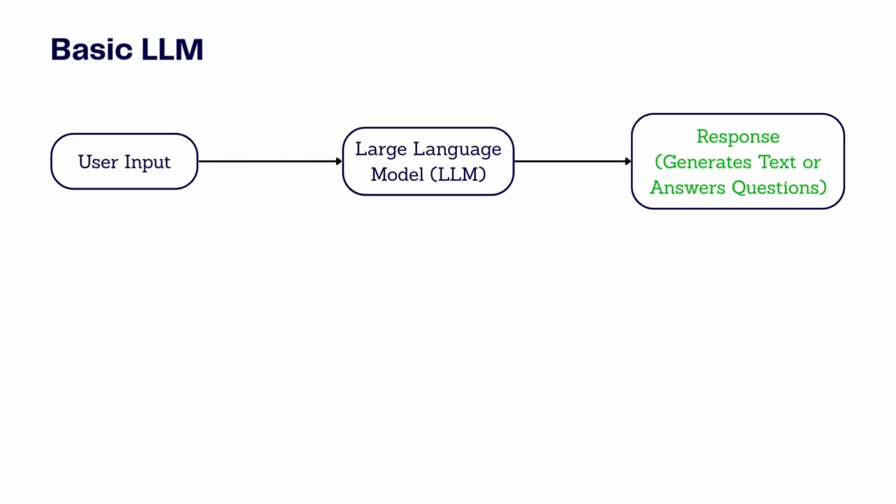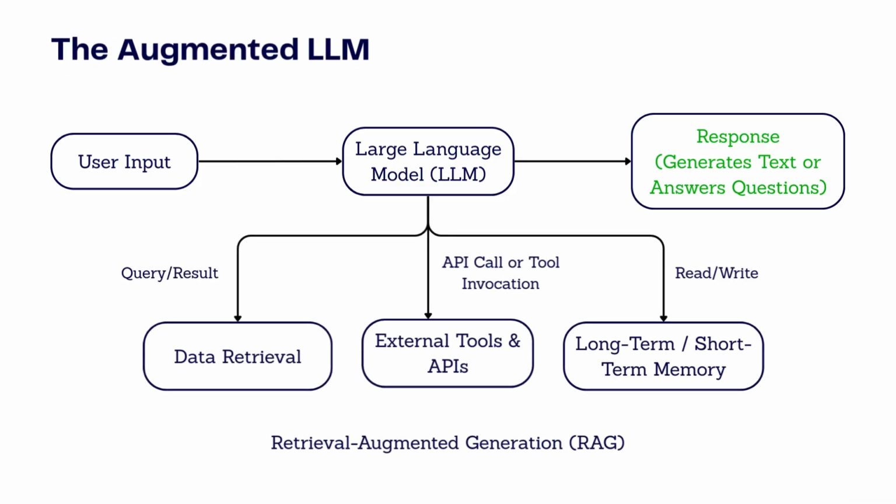A basic large language model can only work with the information it learned during training. It can answer questions or generate text, but it doesn't have access to any new information outside its training data. On the other hand, an augmented LLM is connected to tools, APIs, or external knowledge sources. This means it can go beyond what it learned during training and can actively call APIs from external sources or